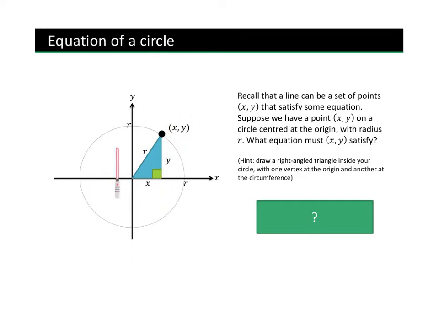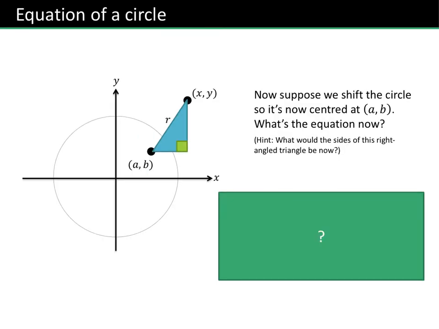Okay, and here we have a right angle triangle. What comes to mind? So, right angle triangle, we should be thinking Pythagoras. So, it stands to reason that x squared plus y squared needs to equal our radius squared. So this is all well and good if our centre is (0, 0), okay? But what happens if we move the circle, and instead of the centre being (0, 0),